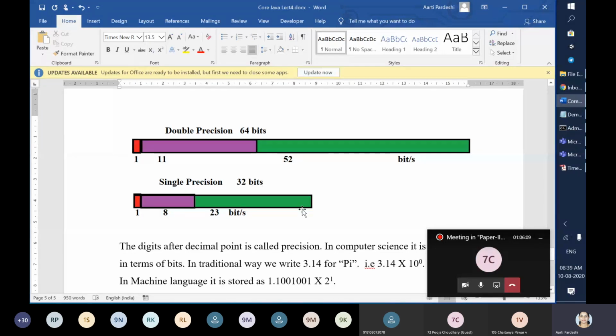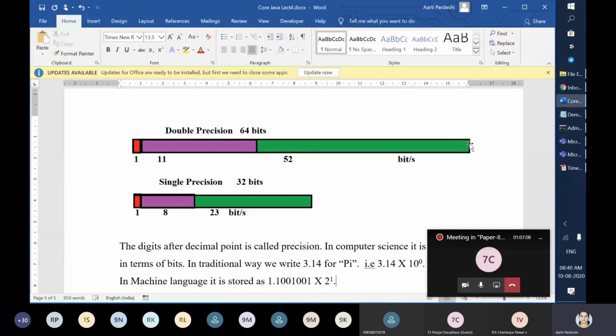In case of double precision, the number of boxes will be doubled, not exactly doubled, but you will see it. 64 boxes are with you to store the same number, this 3.14, but now you have lots of space. Instead of 32 boxes, you now have 64 boxes. Now how is the architecture? The first box is only for storing whether the number is positive or negative, so no change there. But for the exponent, you're going to get 3 more boxes. So 11 boxes are for storing the exponent value, and the rest, 64 minus 12, is 52. This 52 green color bar is for the rest of the digits of your number, that is 1.1001001.